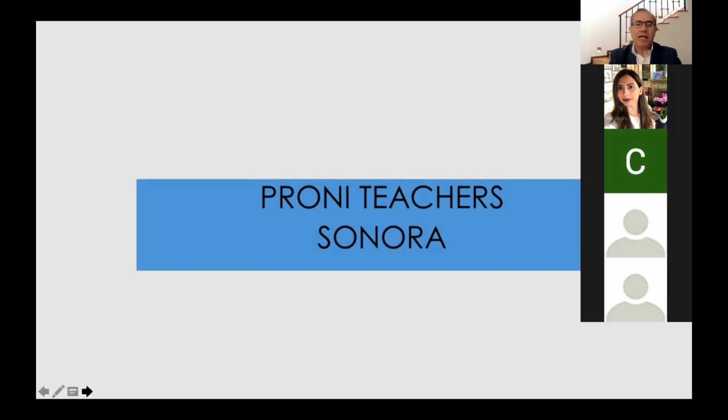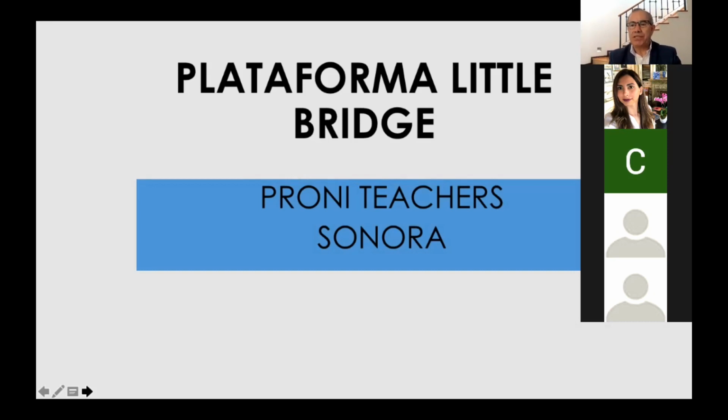As I mentioned, the platform is called Little Bridge. I need to explain why it is called Little Bridge, because according to the program, the approach that you are using is based on a context. Little Bridge is going to be mentioned many times because Little Bridge is a small community and small village in England.